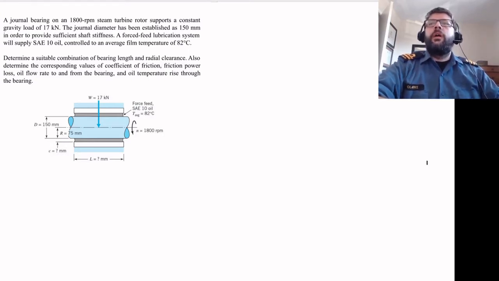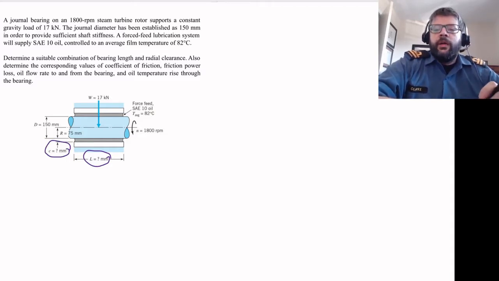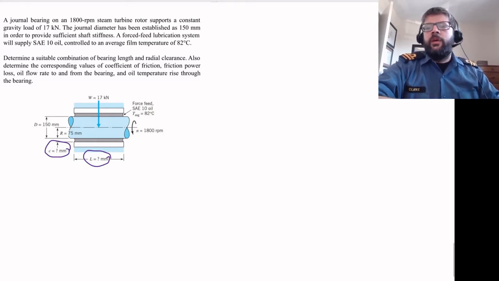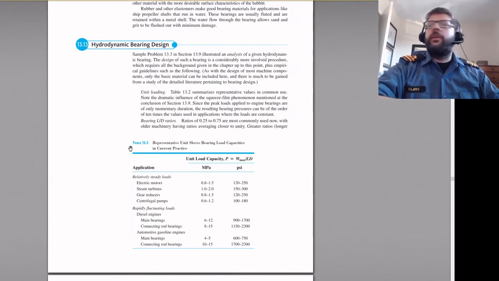So, unknown parameters. Not sure what sort of L we're going to be working with. We're not sure what sort of clearance we're going to be working with. Those are things that we need to determine based upon the other parameters. So first off, let's figure out what sort of L we want. So if we go back to this chart here,